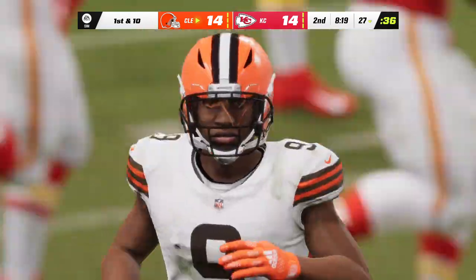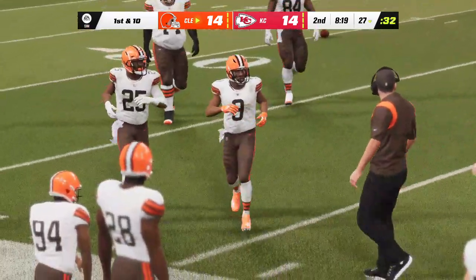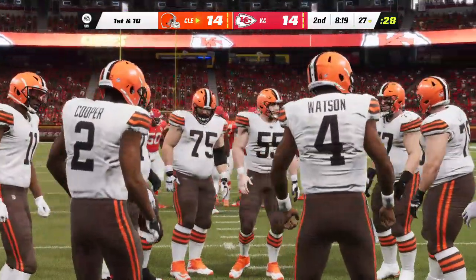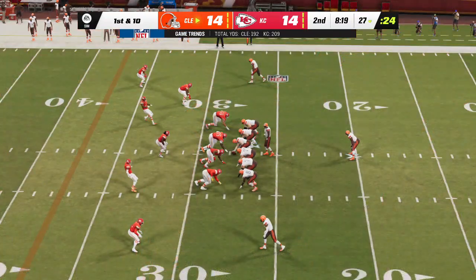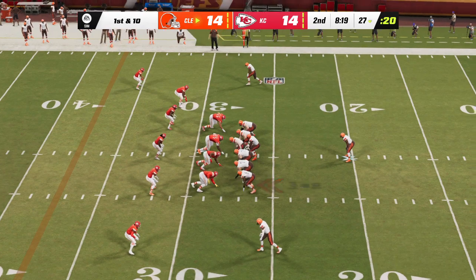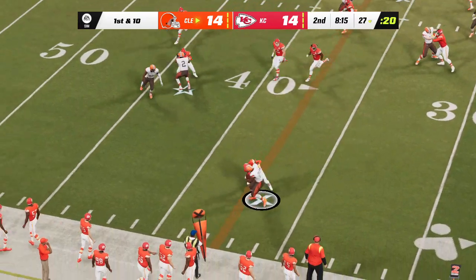Out comes Cleveland. A lot of time for this unit to game plan on the sideline after that drive that they watched the other side just score. But remember, last time they were out, they scored as well. We'll see if they can seize that momentum right back. And they have had a lot of time to cool off from reaching the end zone the last time. So have they been able to keep themselves mentally sharp and into this game, even though they haven't been on the...